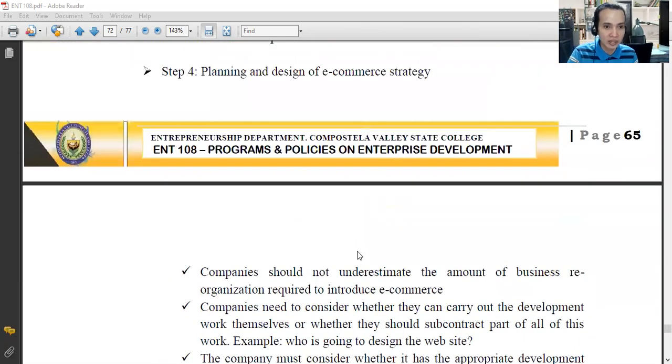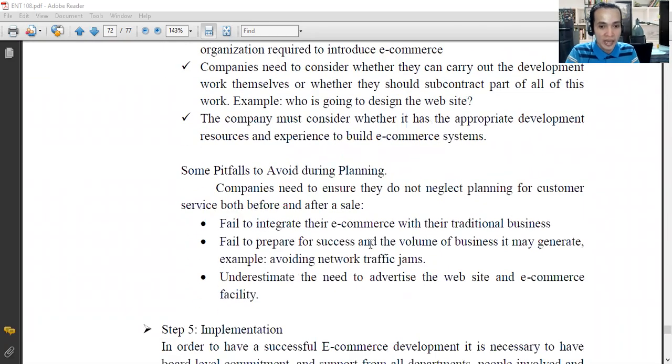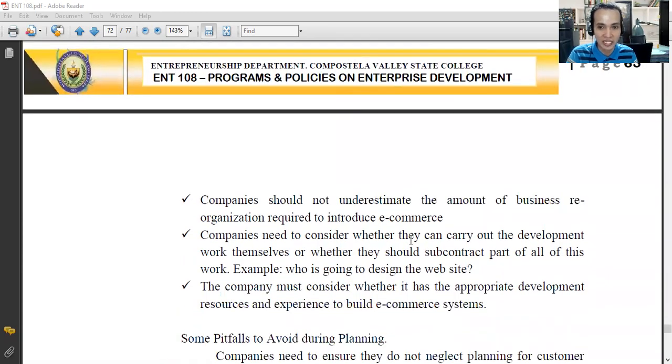So in this particular context, from step 4 to step 6, it highlights the importance of why we should plan carefully and deliberately an e-commerce strategy before implementing it in our respective organizations. For example, in the planning and design stage, we should be cognizant that planning a particular e-commerce strategy highly requires a huge amount of IT capability and competency in your organization in maintaining the operations of that business enterprise in e-commerce.